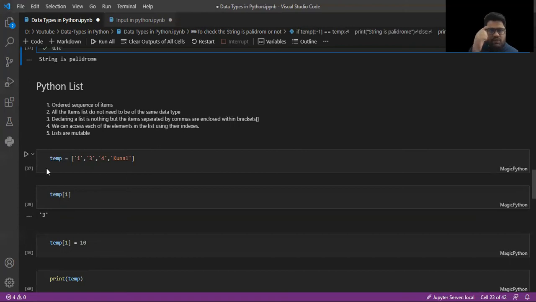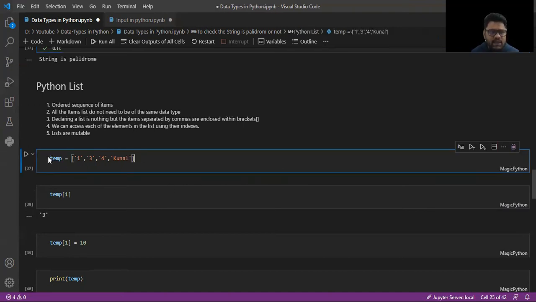In a future video, we will cover that particular library as well. But here you can say this is an ordered sequence of items, and in the list we can store data of different data types as well. We can access any element in the list by using an index, and that list is mutable. We can change the elements of the list.